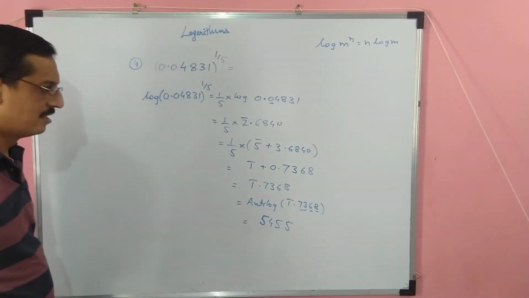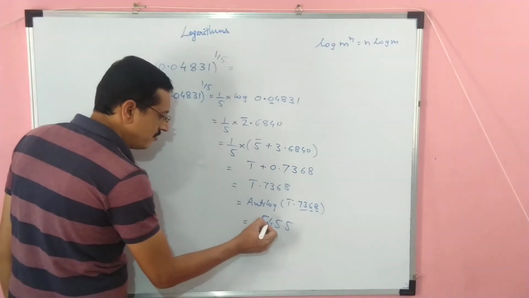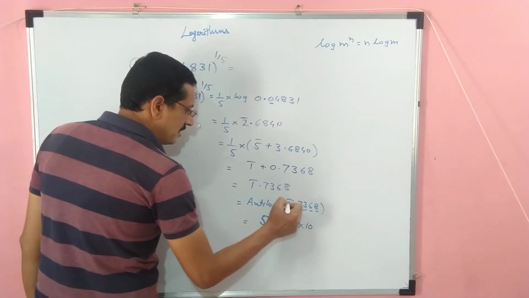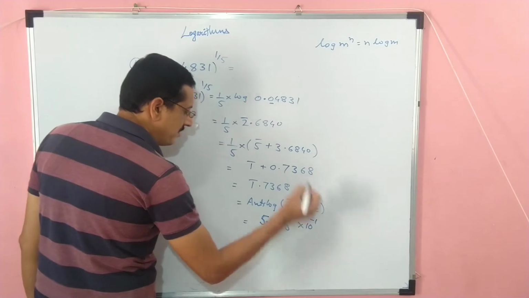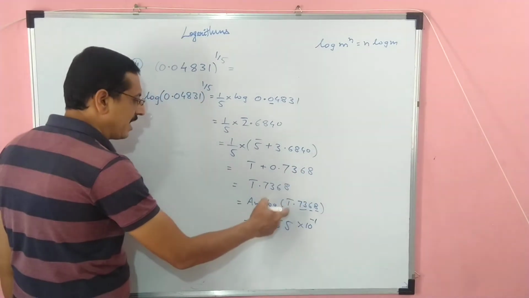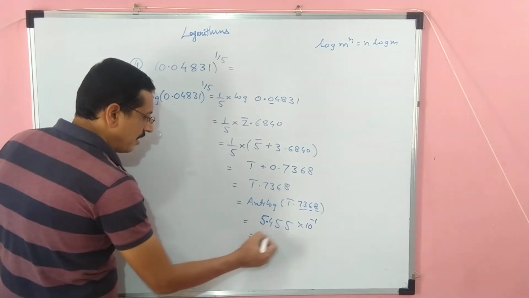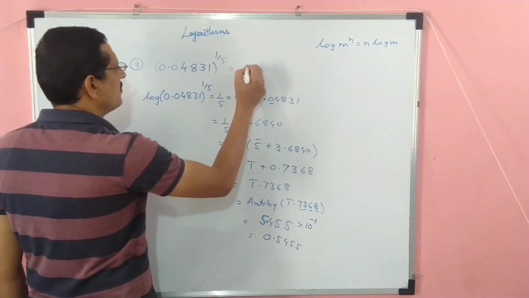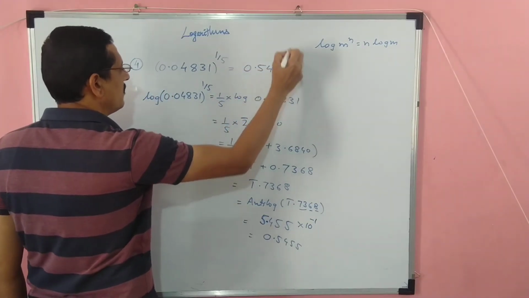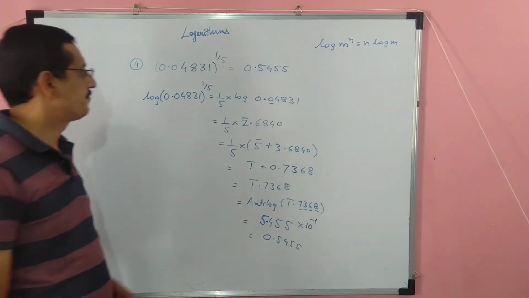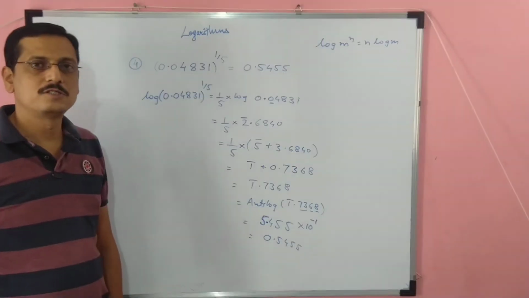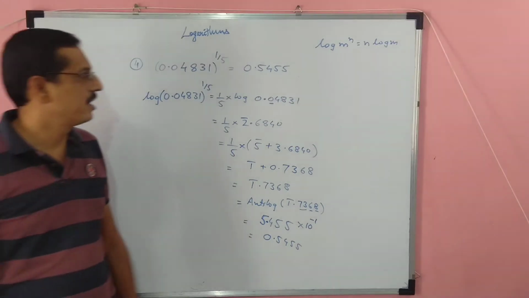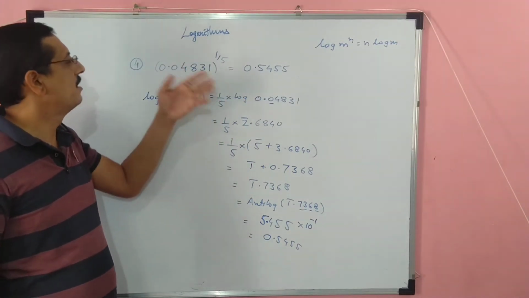Now the characteristic. To put the characteristic, always give a decimal point after the first digit into 10 to the power. This is negative. Characteristic is bar 1 means 10 to the power -1. Adjust: it is 0.5455. The answer for it is 0.5455. Like this, student, you can take any value you want. Clear this? So this is how we can solve logarithms of roots of values or powers raised to power 1 by 5.